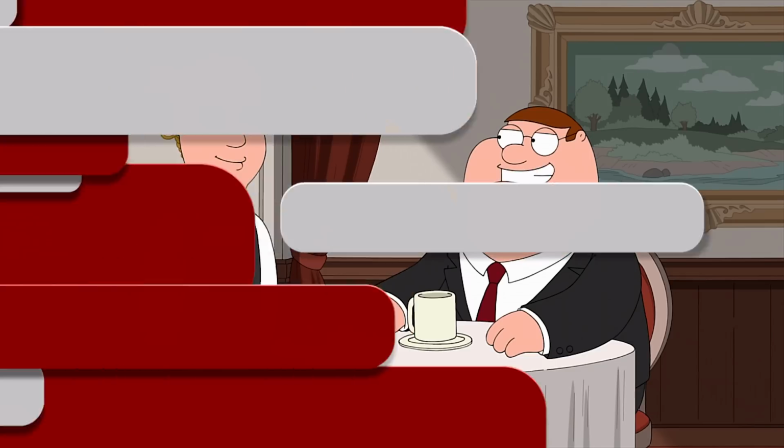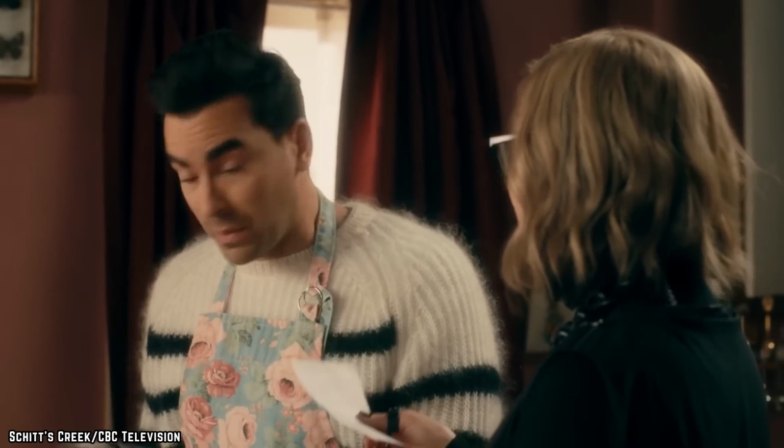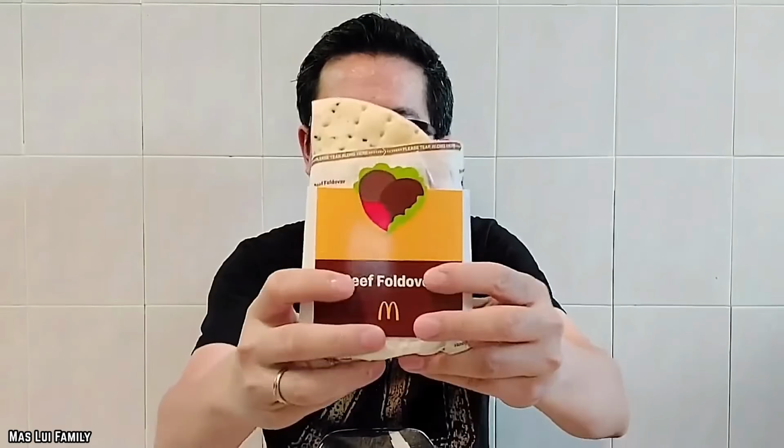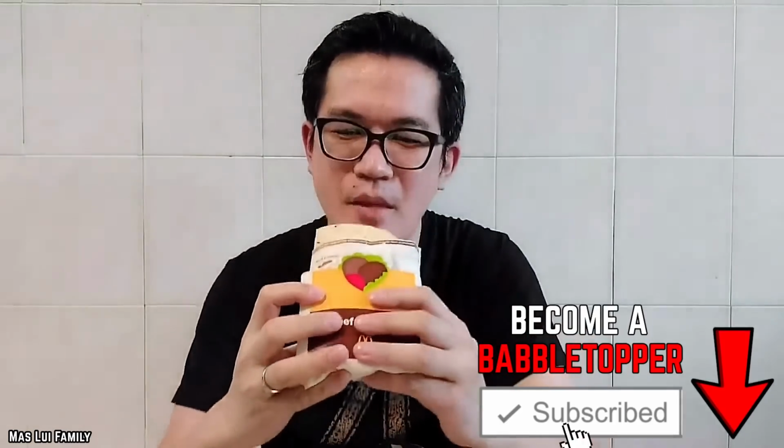Yeah, it's very smooth. Chicken Foldover. How do you fold it? Do you fold it in half like a piece of paper and drop it in the pot, or what do you do? McDonald's offers a lot of different types of sandwiches, but the chicken foldover is unlike anything you've ever